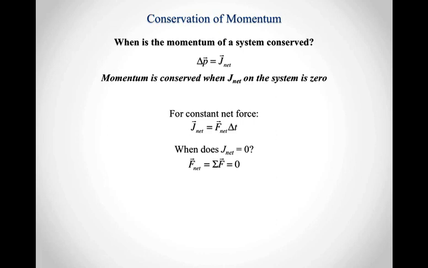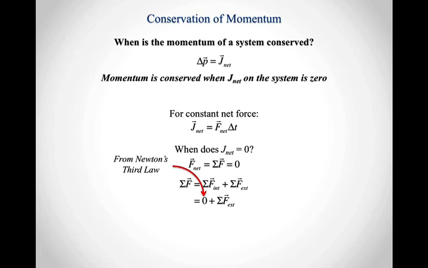Which means that if the net impulse is going to be zero, the only way I can do that is for the net force to be zero. So the net impulse is going to be zero when the net force equals zero. So how do you let the net force equal zero? Well, again, from what we were talking about initially about systems, I can break this up into two pieces. I can think about the net force as being add up all the internal forces plus add up all the external forces. And the nice thing about when you add up all the internal forces is that Newton's third law